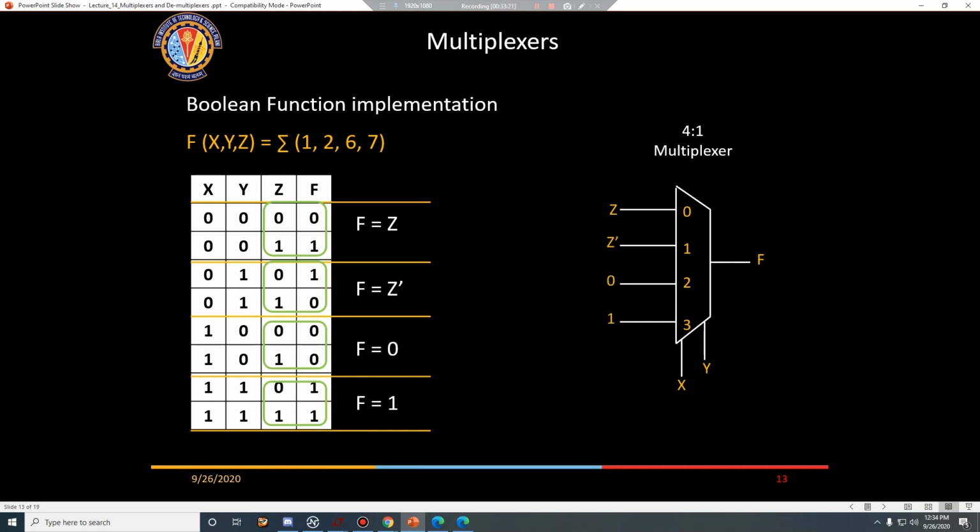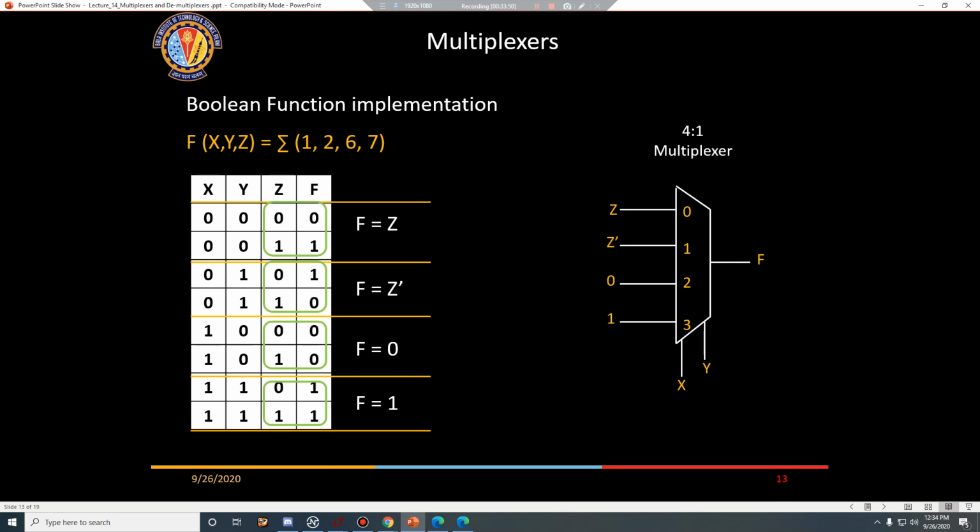So I can even implement this function with a 2 into 1 mux, provided I am using Z as an input to this multiplexer. Is it okay with everybody? Anybody? This is not a general case, right? This is just for the specific function. No, for a general function, any function you can do this.